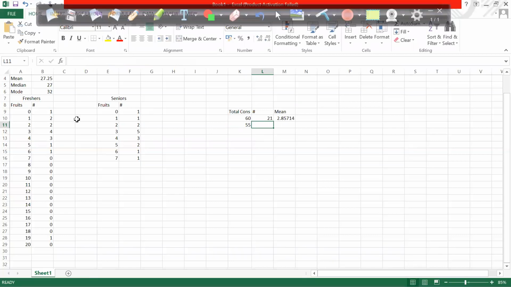How many seniors do we have? We see around 16. Did I find the correct value here? The sum was 15, so we missed something, right? The count is 21, guys, and the sum is 15. So the mean is 4 for the freshers, and here I have a total sum of 16. So 55 divided by 16. So the mean is coming as 3.43.